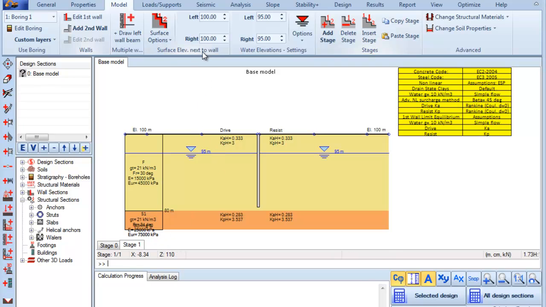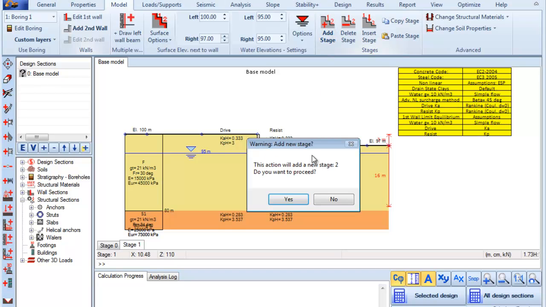Next we go to the surface elevations and we choose to perform an excavation of 3 meters on the right side of the wall. We click here and we choose to excavate to the elevation 97 meters. Here we can see that the excavation is performed. We click to add a new stage,